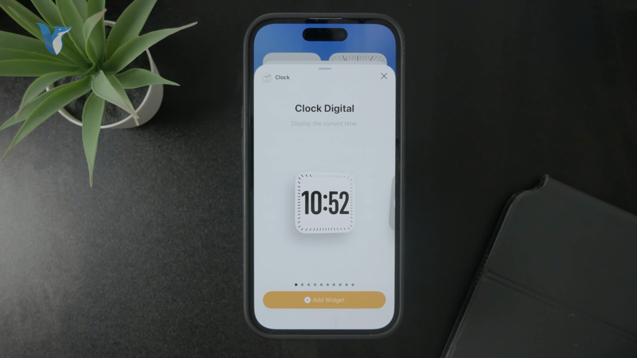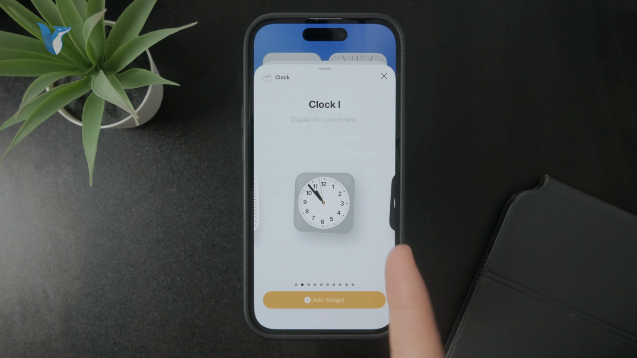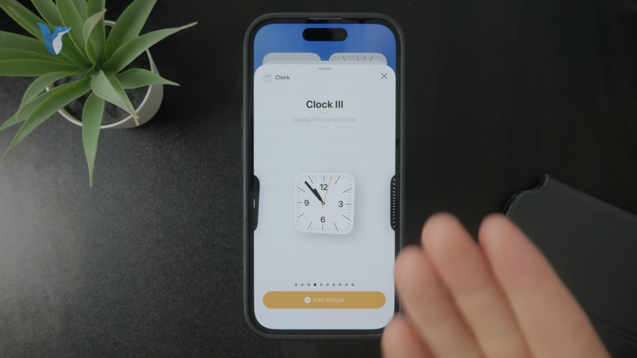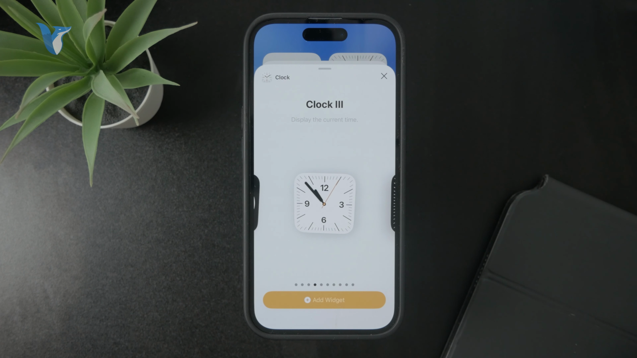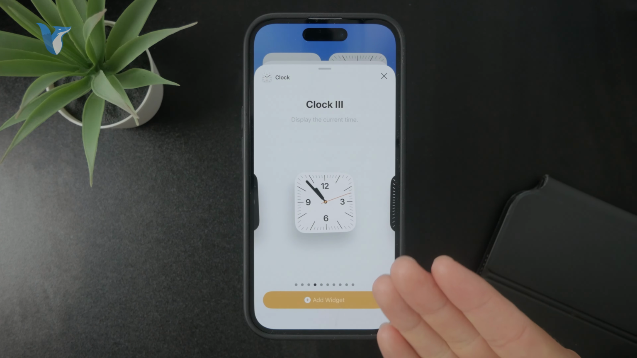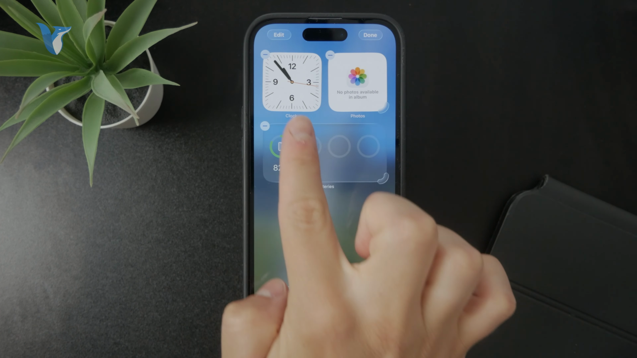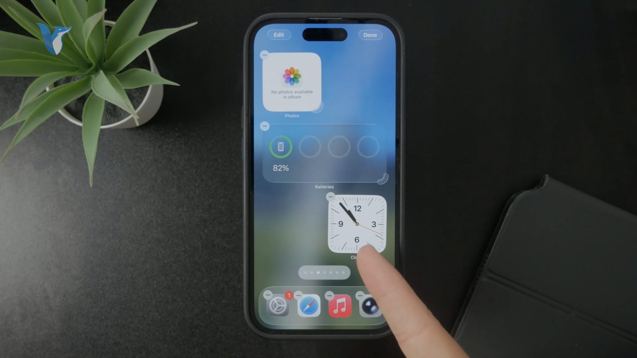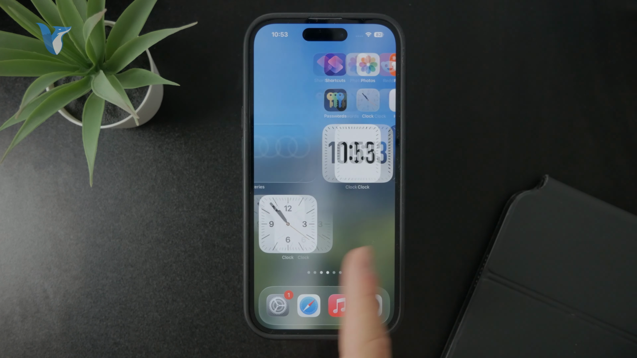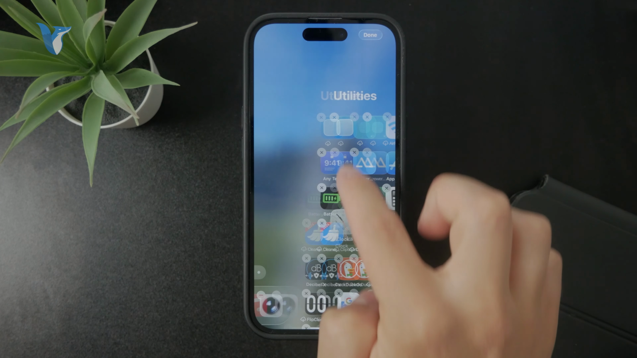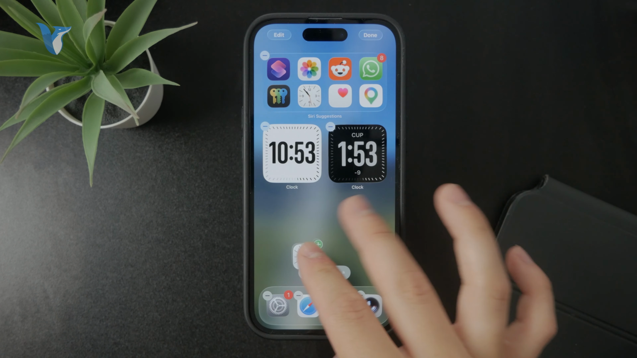So we have the digital one, we have the different styles of analog clocks, but the clock number 3 looks basically like a scaled up version of the icon, right? So we had the same one which was on a smaller scale, just one square, and this is just the expanded one, so it's going to be larger. So if you wanted to expand and make the clock bigger, then you can choose the clock widget number 3, or obviously any of the other ones, and you will have the ability to have it largely shown on the